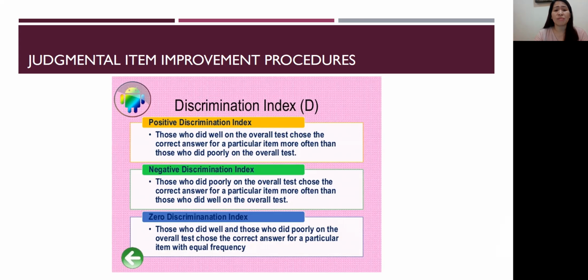The negative discrimination index: those who did poorly on the overall test chose the correct answer for a particular item more often than those who did well on the overall test. What about the zero discrimination index? Those who did well and those who did poorly on the overall test chose the correct answer for a particular item with equal frequency.